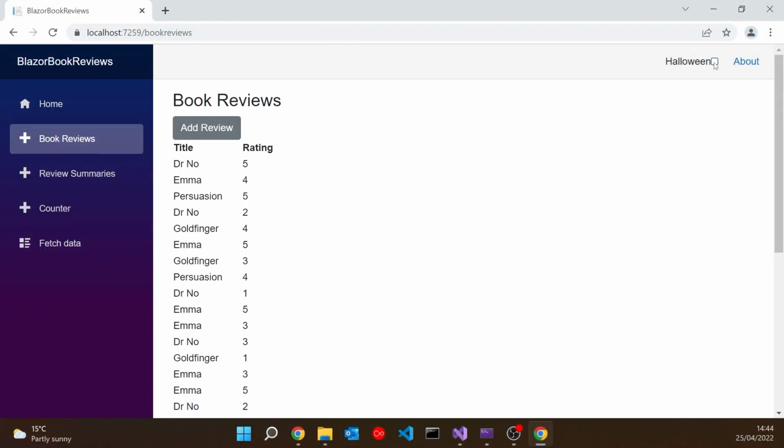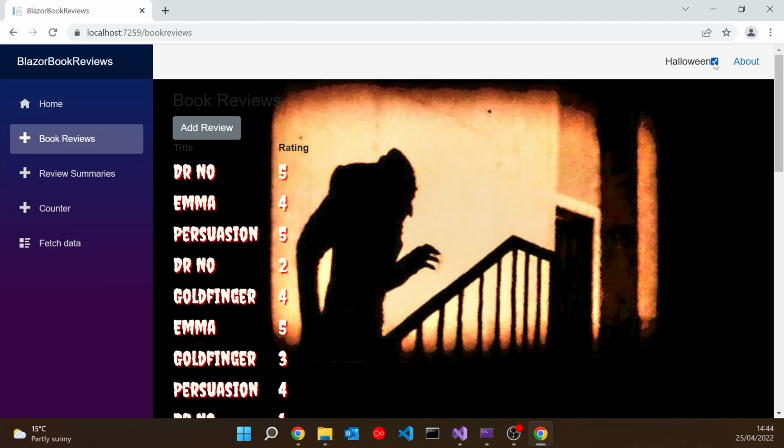However complex the styling you want for this particular theme, the Halloween theme in this case, you can put all of that in, but you just wrap it around that body.halloween. But then to switch it on or off, we only need to add or remove the class, which is what we're doing there. So very neat to do that. Obviously, for something like Halloween, you wouldn't do it on a checkbox. You'd do it by looking at the date. But whatever the coding you want to change it, we can see now how easy that is to dynamically change.